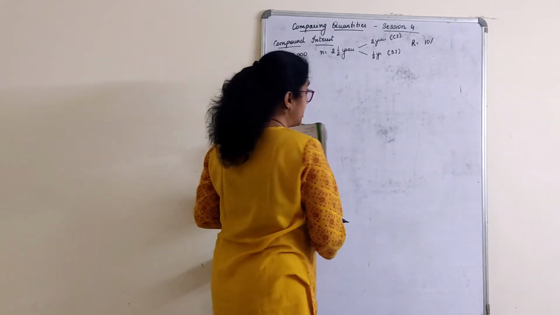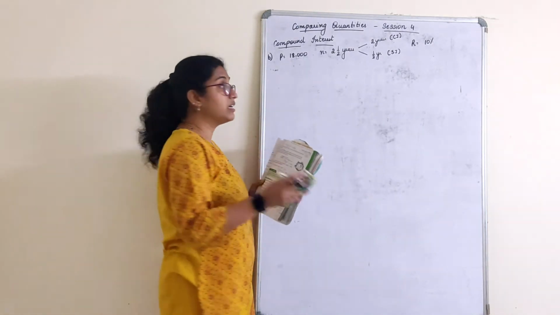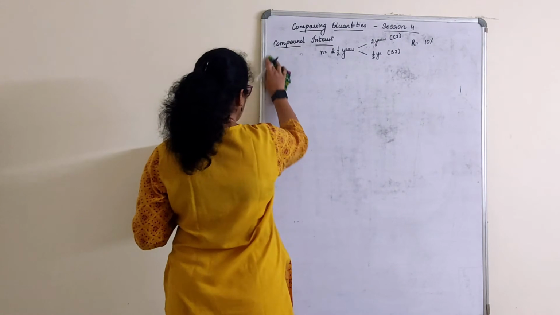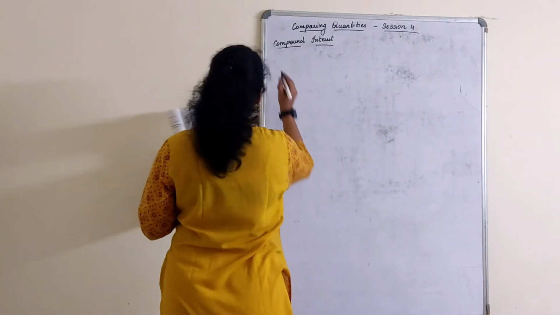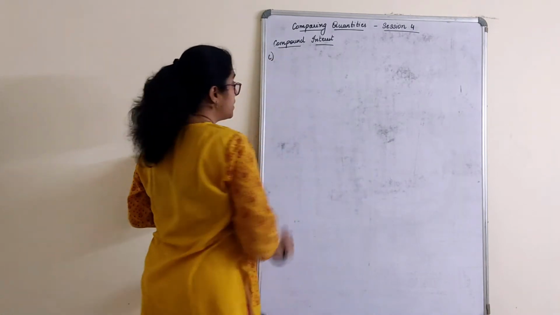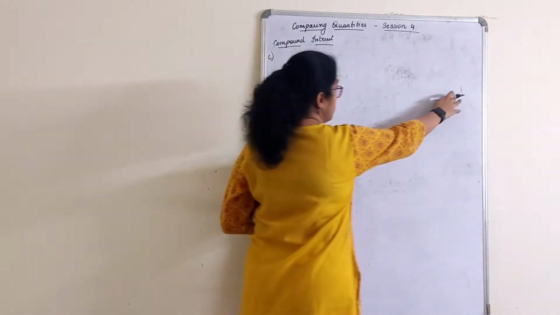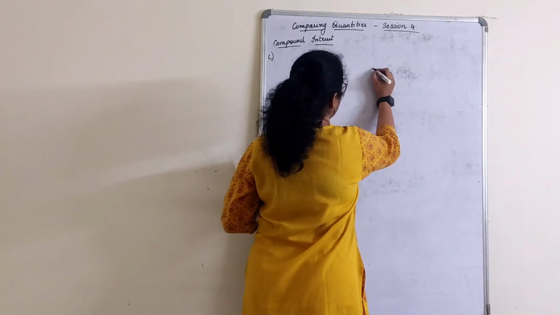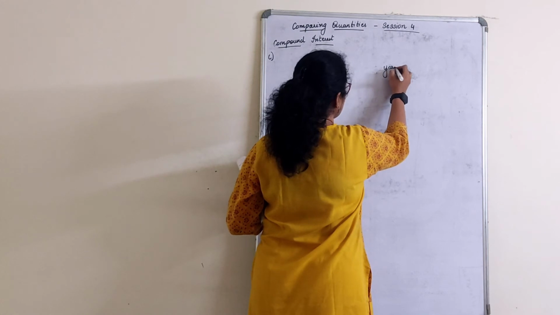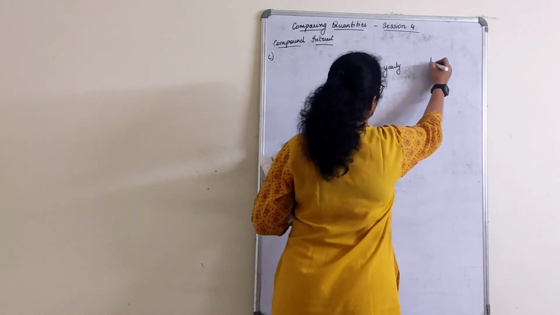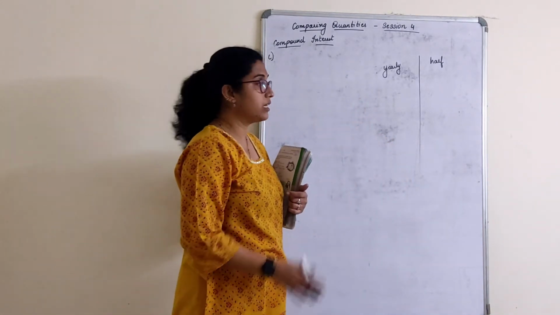Once we are done with the chapter, you can go through all the sums. They will mention that one word, compounded annually. Even in the verbal sums, we have that. Now, before I go to C part, few more things I would like to clarify. Because there is usually a confusion. This one is compounded yearly. Now this is half yearly. Okay, we don't have quarterly. We don't have any sums on quarterly, so forget it.